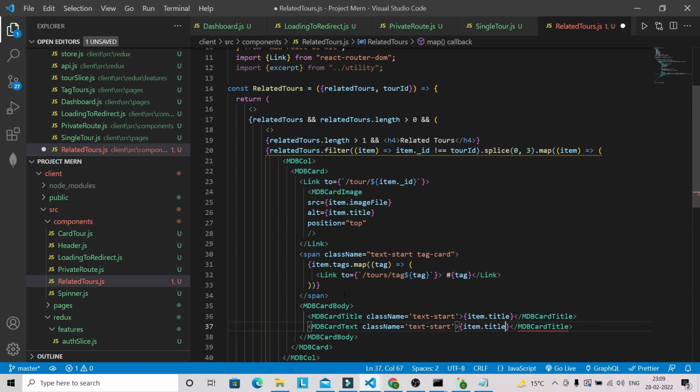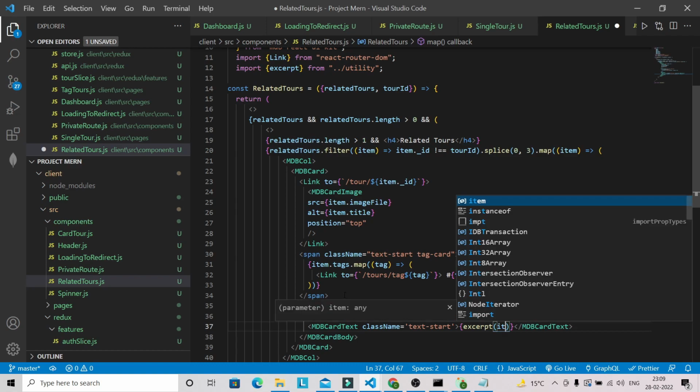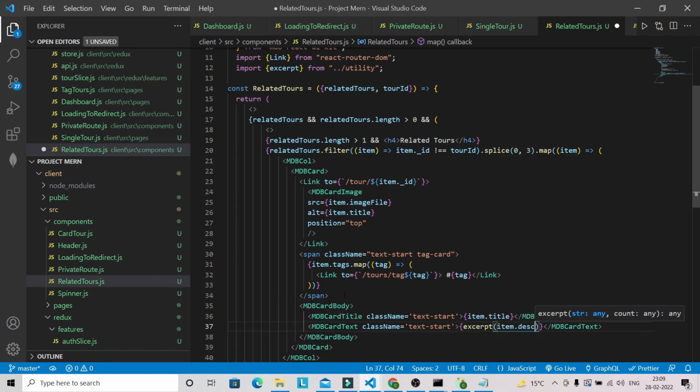So let's use MDB card text here, and here I'm going to use item.description. I'm going to use excerpt here to shorten the description. So we can give item.description, and we can give count here 5. Okay,